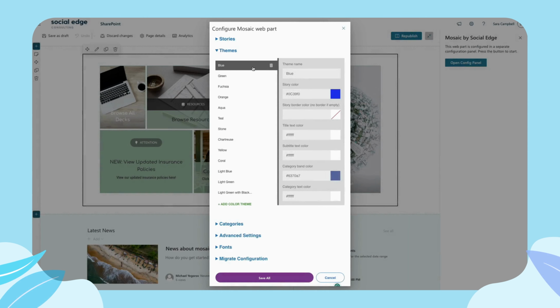Now let's take a look at the theme section within the web part configuration. As mentioned, you can have multiple different themes set in this area and add more as you see fit. You can see that each theme allows you to give it a name, as well as a story color, a border color if you desire, a title text color, a subtitle text color, a category band color, and a category